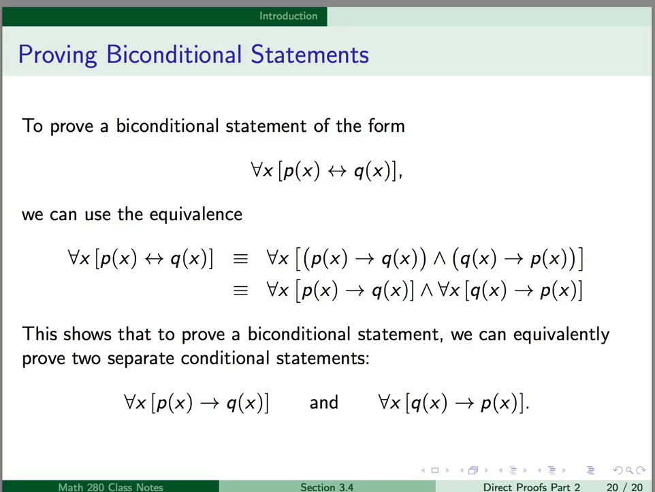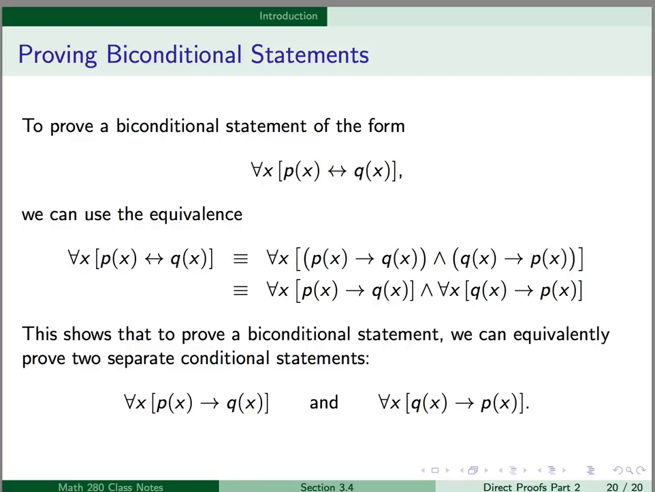The next thing we want to consider is proving biconditional statements. To prove a biconditional statement of the form for all x, p of x if and only if q of x, we can use the equivalence. The biconditional is equivalent to two separate conditionals, so this is equivalent to for all x, p of x implies q of x, and q of x implies p of x. And we can actually distribute the universal quantifier over the two conditionals,